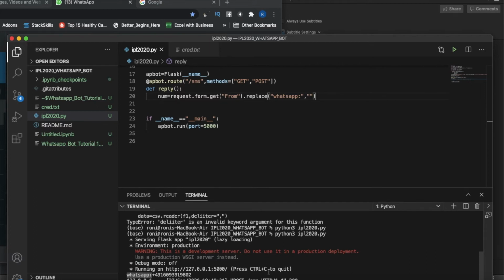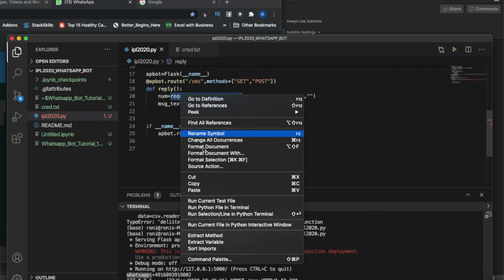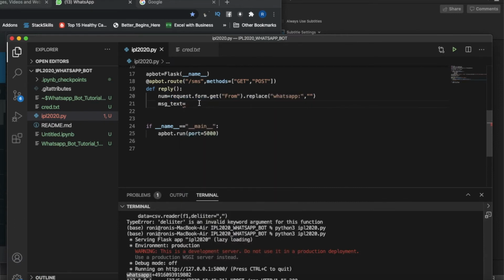Everything is fine. Now we'll check the message body. Message text is actually the same thing, but it will be Body. So let's copy this, okay. So I got the message body as well.